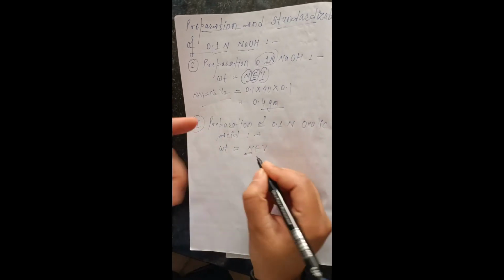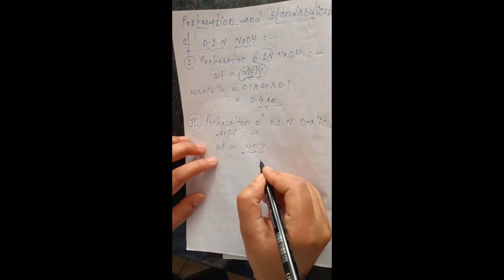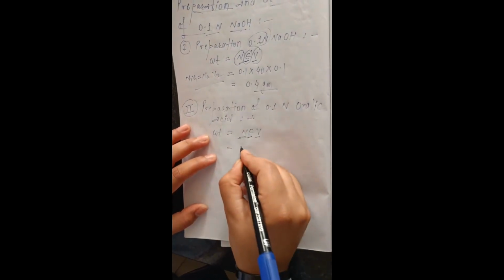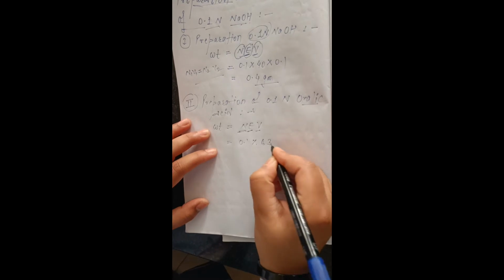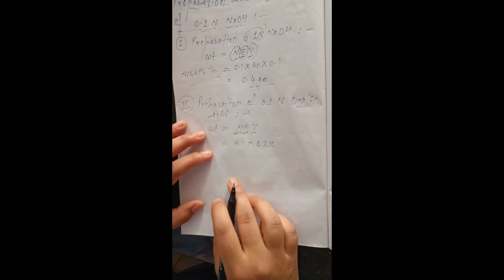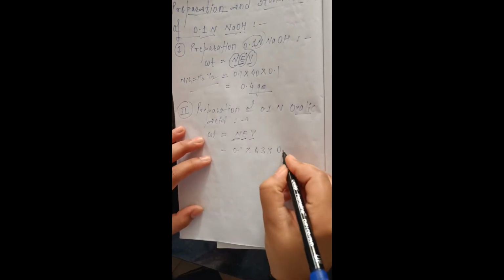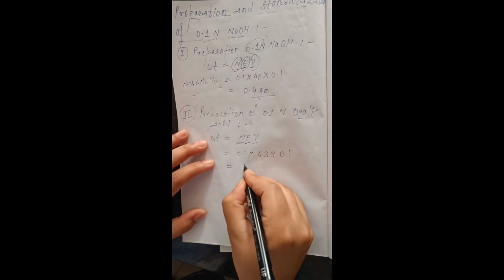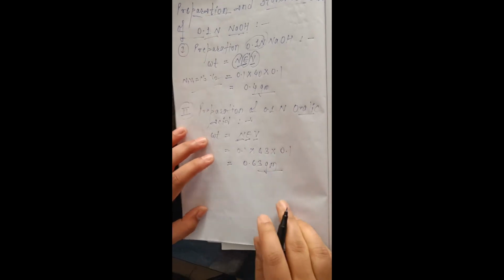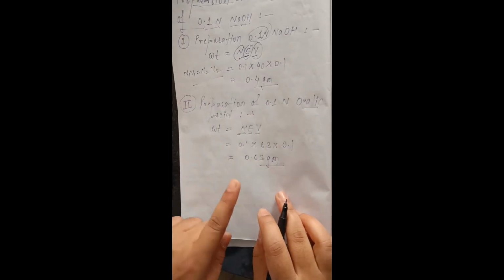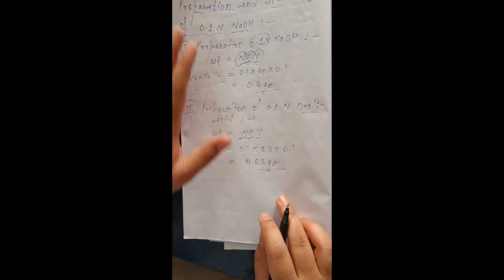Here N is the normality, we have already talked about this, E is the equivalent weight, and V is the volume we are preparing. So the normality is 0.1, the equivalent weight of oxalic acid is 63, and the volume we are making for this titration of the primary standard, that is our oxalic acid, will be 100 ml. So 100 divided by 1000 will be 0.1. The final value is 0.63 gram. So we will take 0.63 gram of oxalic acid into the volumetric flask and dissolve it in 100 ml water, and this is all about the calculation.